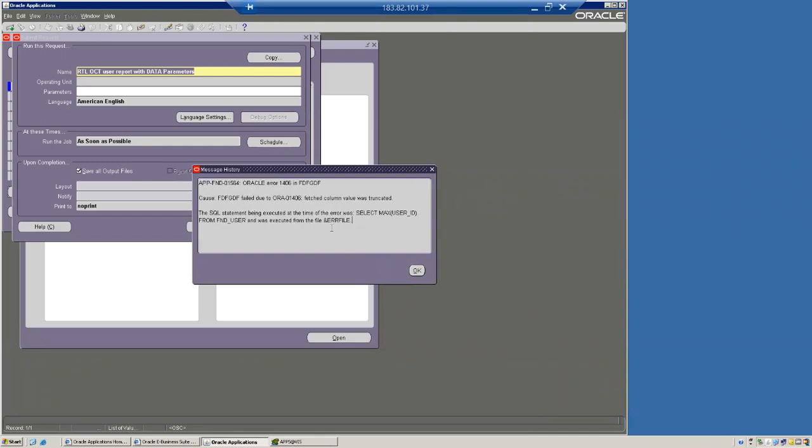So while registering the concurrent program parameters, we have used this select statement as the default value. That's the issue. That query is generating some number dynamically, and that's not valid as per the value sets. So that's the issue going on here right now. So what we'll do is we are going ahead